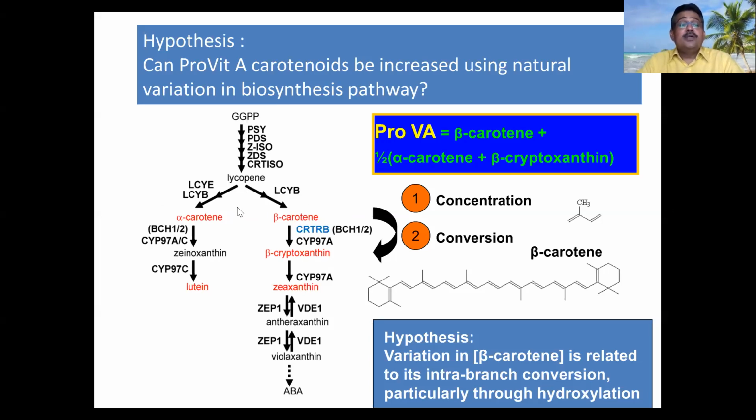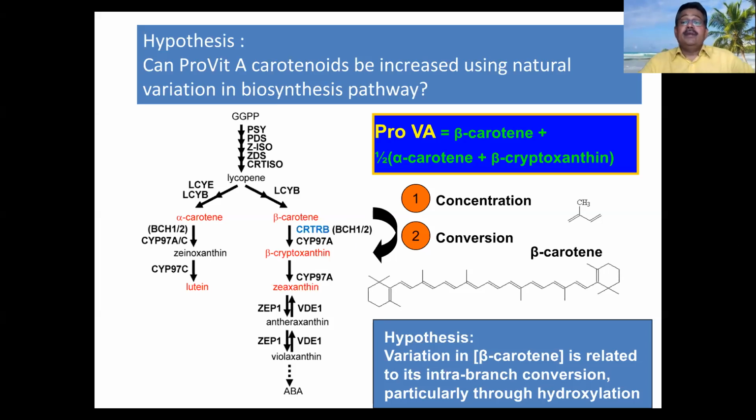This is one way. There is one gene they identified, lycopene epsilon cyclase. When lycopene epsilon cyclase is blocked, the pathway is blocked, and there is increased beta carotene. This has also been studied; earlier people used this one also. Then another pathway: when you block synthesis of beta cryptoxanthin from beta carotene, the CRTRB1 gene, when it is truncated, you can increase the synthesis of beta carotene. That means the conversion of beta carotene to beta cryptoxanthin is reduced, so increased flux of beta carotene occurs.